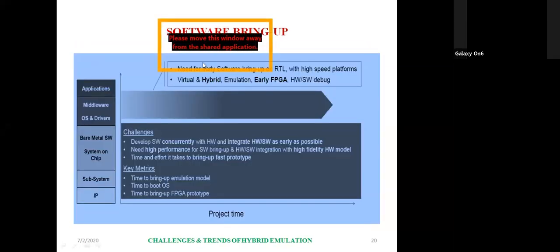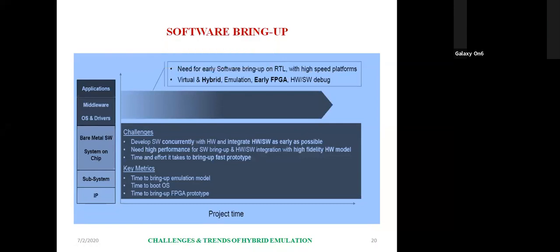So here, virtual and hybrid emulation, early hardware-software debugging. Here, one type you can see is the IP subsystem and bare metal. In bare metal, there is no software, but we have to write everything from scratch, the standalone system, and we have the OS and drivers and the applications on the top layer.